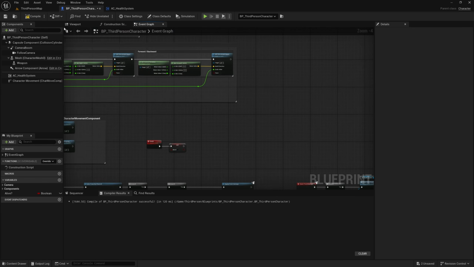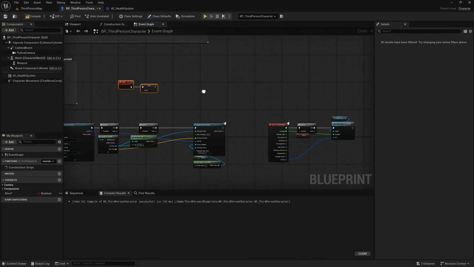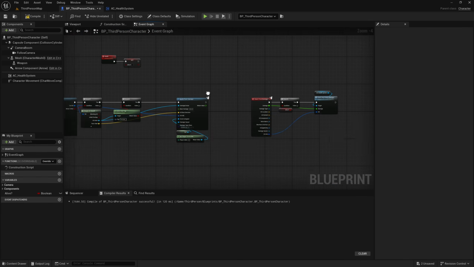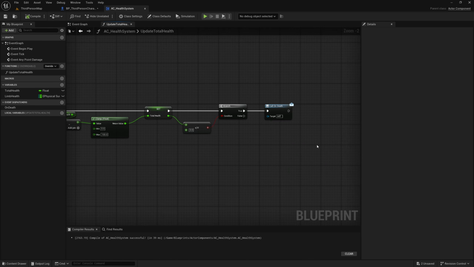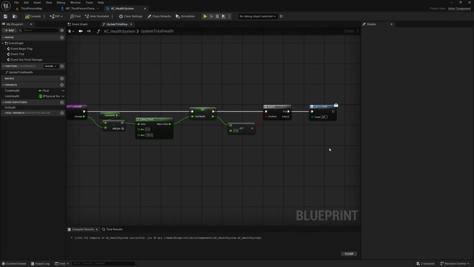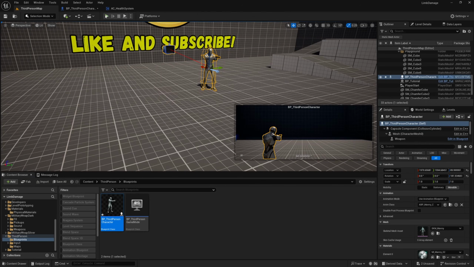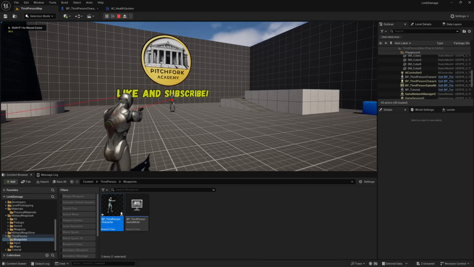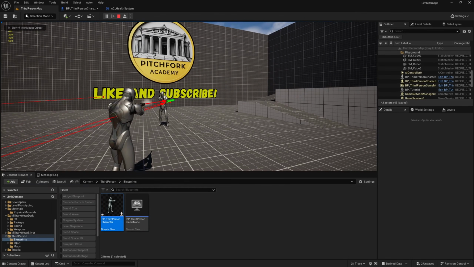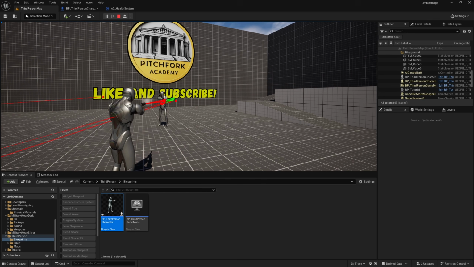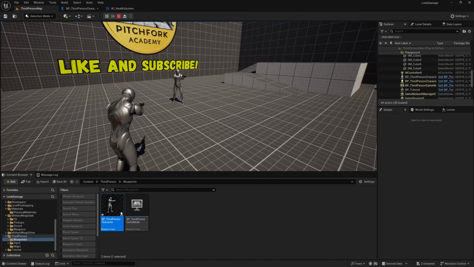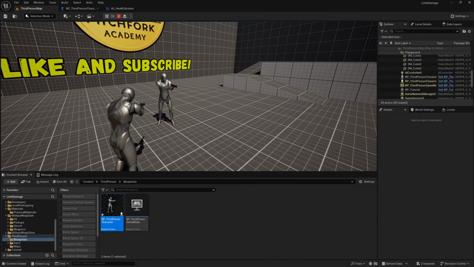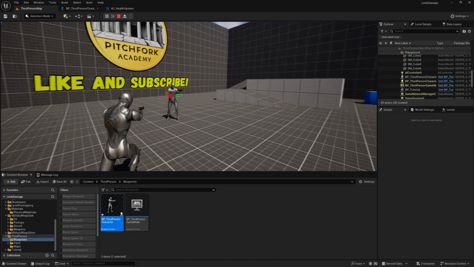Nice. So now alive will be set to false when our character dies, because in our AC health system in update total health, we are calling on death right here if our health gets to 0. So now that means that you should not see the print string when this character dies. It will stop printing up at the top left. Very nice. So what we might do to make this death a bit more visceral is just ragdoll this character